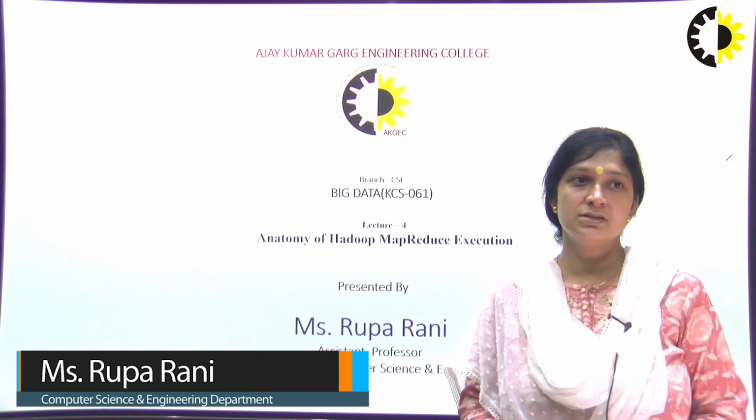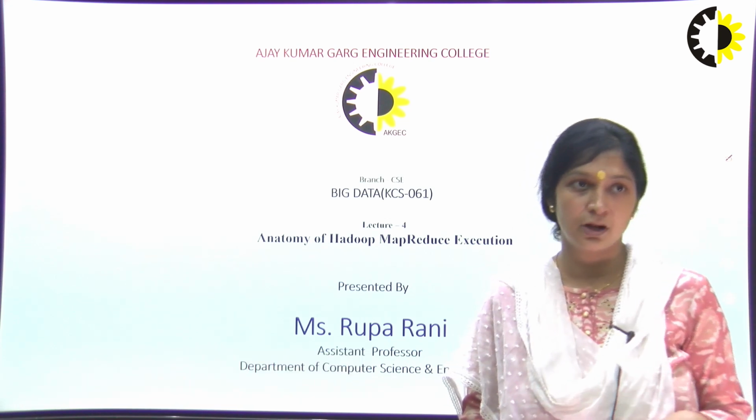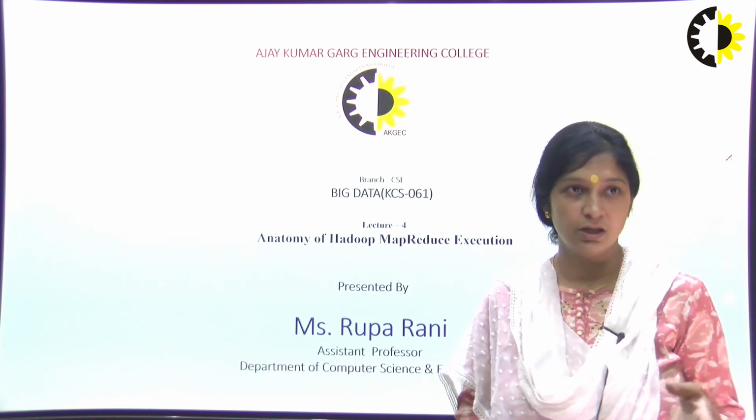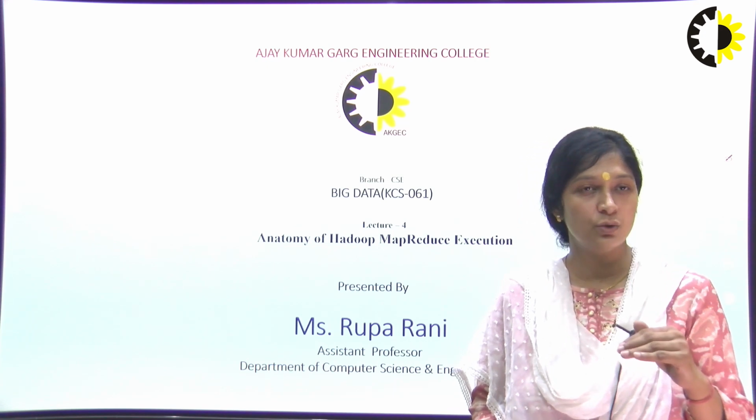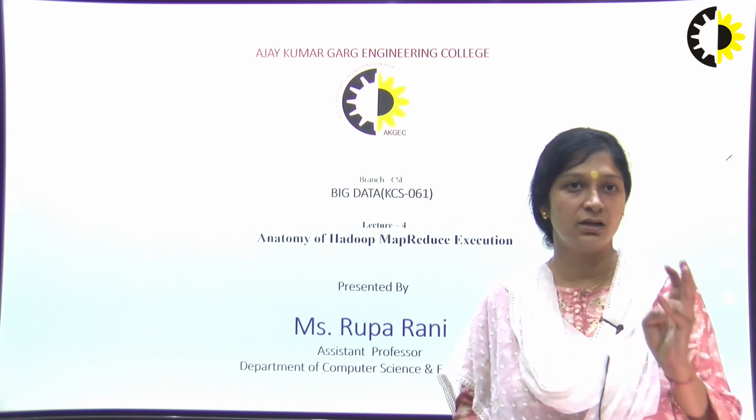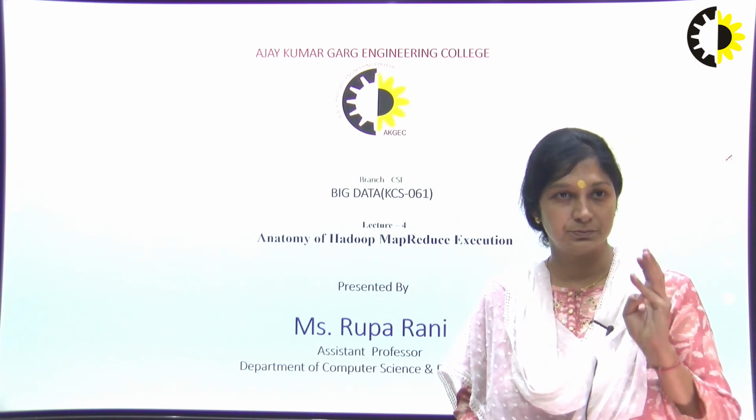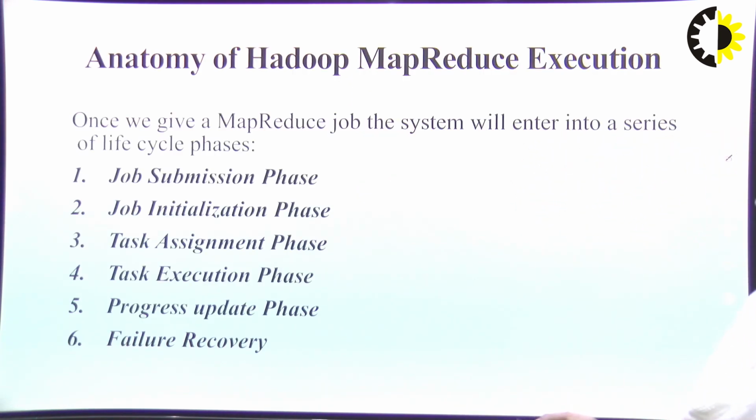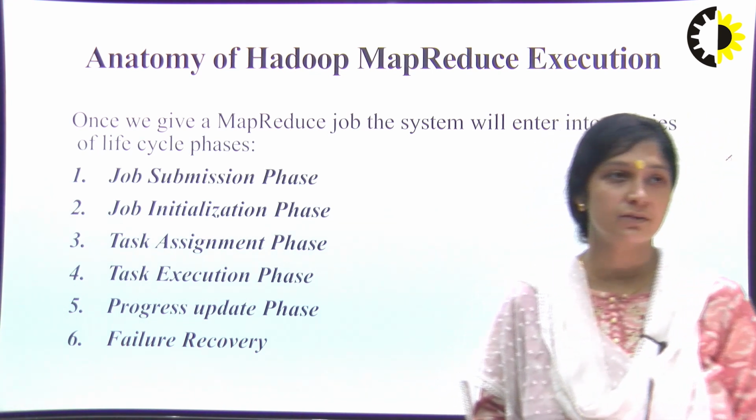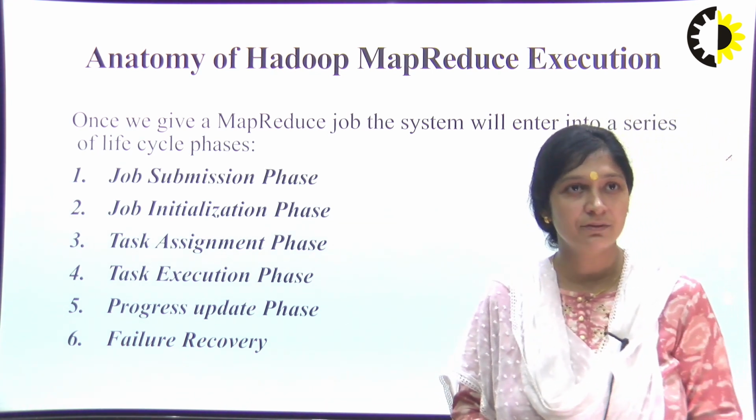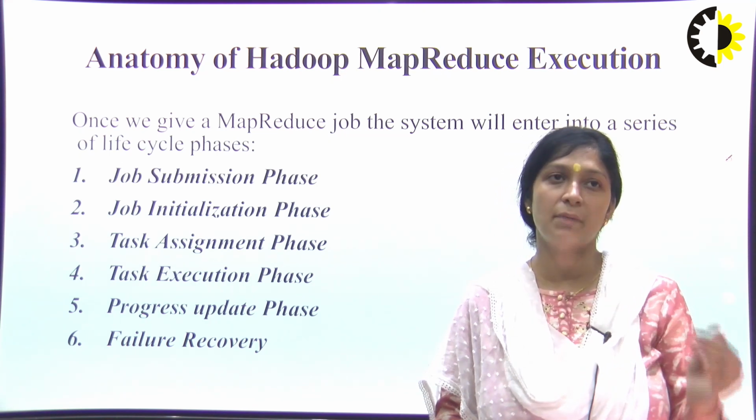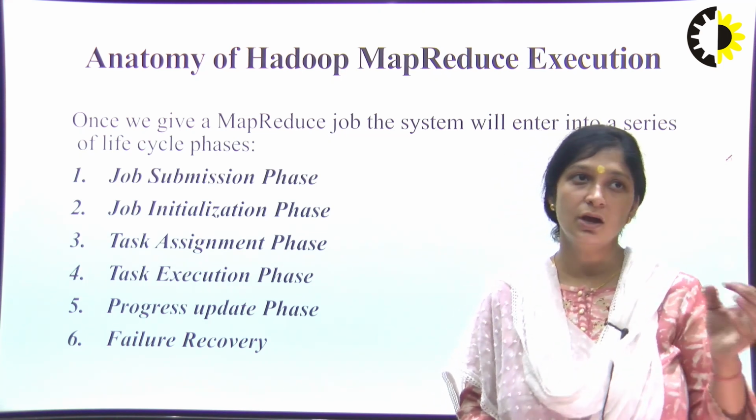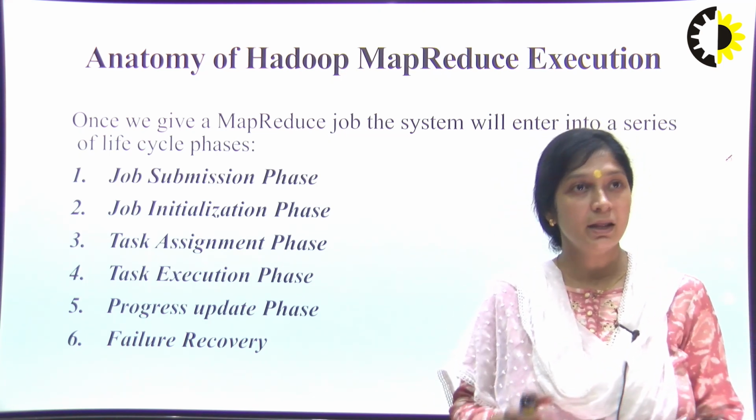I have discussed the components of Hadoop in the previous lecture. There are three components of Hadoop. First one is HDFS, second is MapReduce, and third one is YARN. We have discussed HDFS and MapReduce in the previous video. Now we will discuss the anatomy of